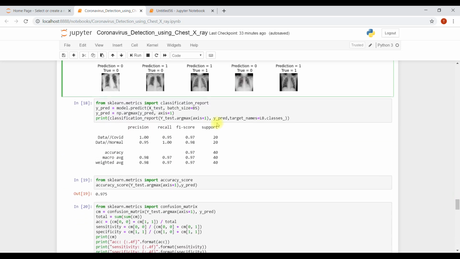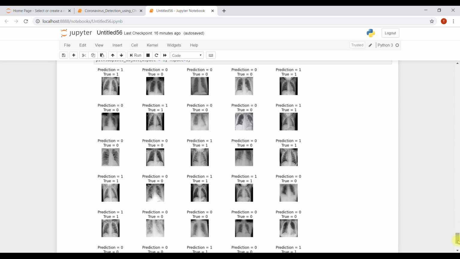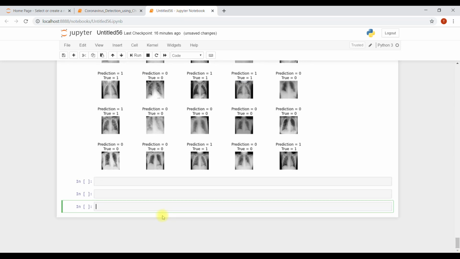Now we just gonna look at the classification report and all. So let's write them. From sklearn dot metrics, we're gonna import classification report.